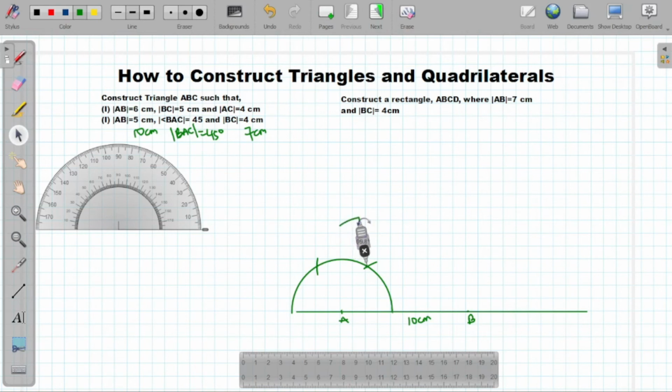Okay, so I move the compass over here, make sure the tip is on this dot over here, and then I draw an arc. Okay, that's great. So I can now remove my compass. Okay, so with the help of the long rule,